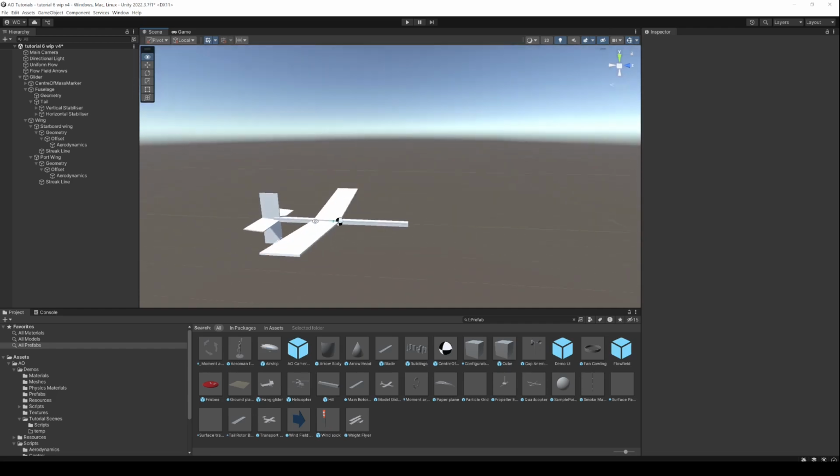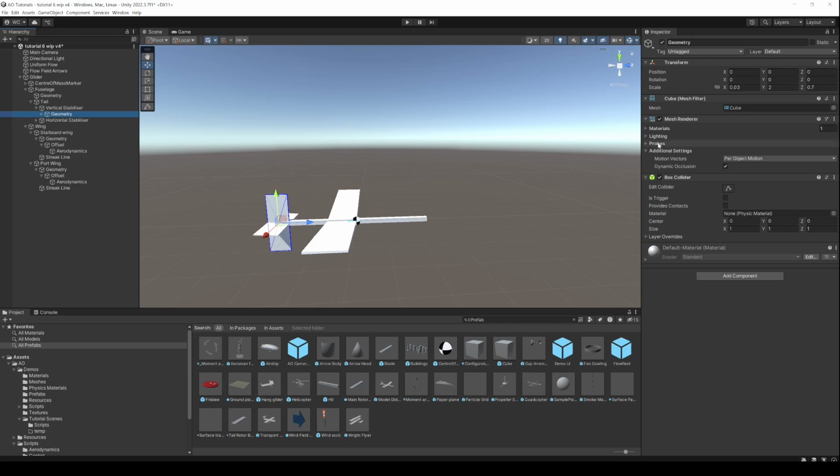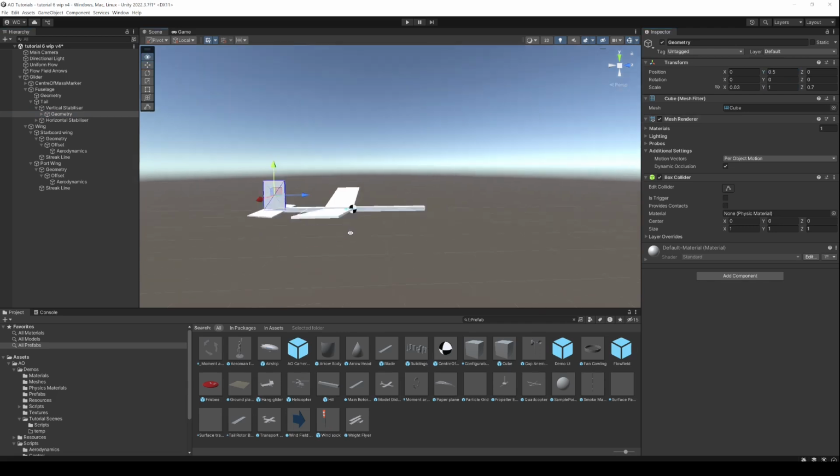Tail looks a bit funny now. It obviously started off as a weather vane, but normally the tails don't go down as well as up, so let's just fix that. So we go to the geometry on the vertical stabilizer. If we just make it height of 1 and offset it by 0.5, we will get a nice looking vertical